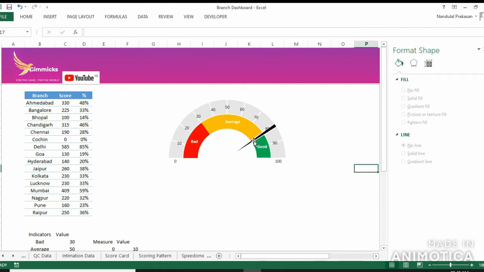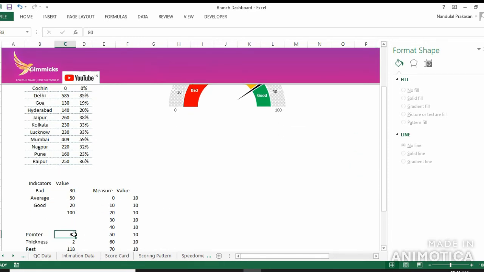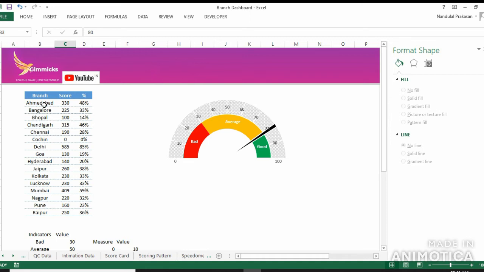Okay, so now this pointer is only pointing towards the number that we have entered here manually, 80. But I want it to be on the basis of the name of the branches that we'll be selecting. The pointer has to move.